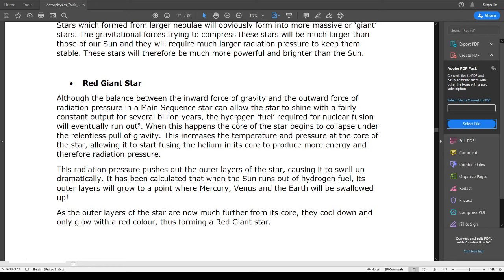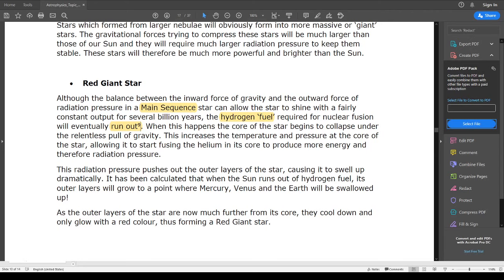So as the core of the star, this is talking about the main sequence star, right? As the core of the star begins to collapse due to gravity, I'm highlighting the keywords for you so that you can remember. When the main sequence star's hydrogen fuel, which is required for nuclear fusion, runs out,